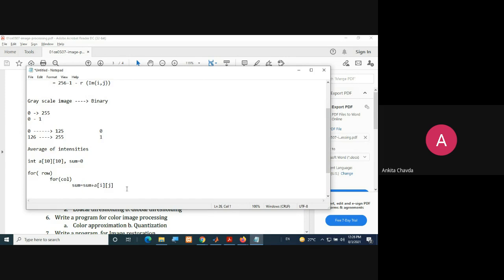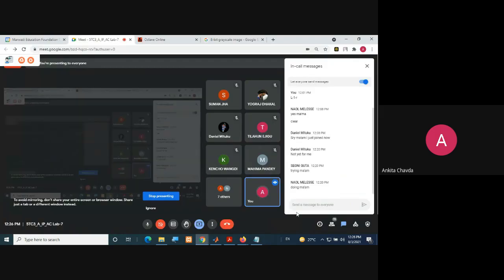So here I'll get it like this, im of ij. That particular intensity I'll add into this. I'll do the summation of all my intensities, and then finally, out of this loop, I'll divide it by the number of pixels. The number of pixels I'll have as the number of rows times the number of columns via the size. So I'll have that thing also. Okay. I hope somehow the things are clear. Say yes or no.